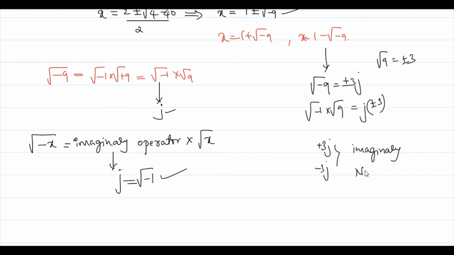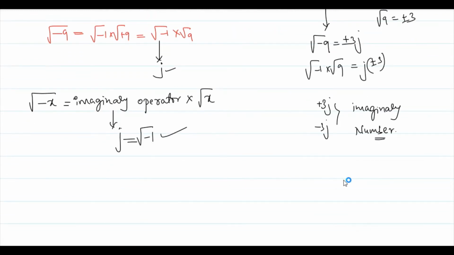Imaginary numbers, because they both have an imaginary operator. And it is a real multiple. Actually, it's a real multiple of j, because 3 is a real number here. It is a multiple of j, so it becomes completely an imaginary number. The quantity j, although an imaginary quantity, is introduced as a real operation. So we use this operator in our real calculations. That's why it is called an operator.